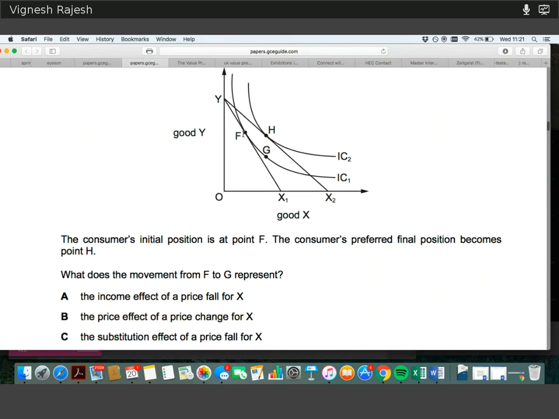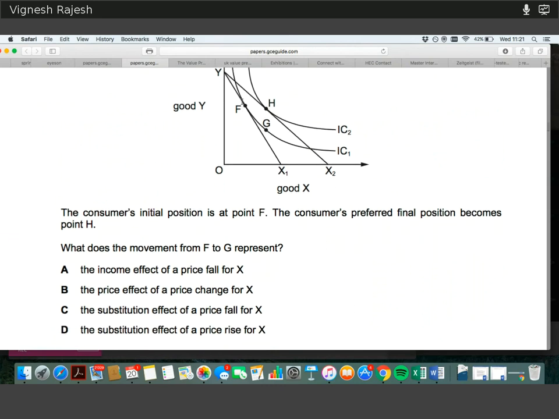The substitution effect can be represented by a movement along the existing indifference curve to the initial point. The movement from G to H reflects the increase in real income that you have from the change in price. So F to G is initially a substitution effect, whereby, excluding the fact that the decrease in price of X gives you more income,